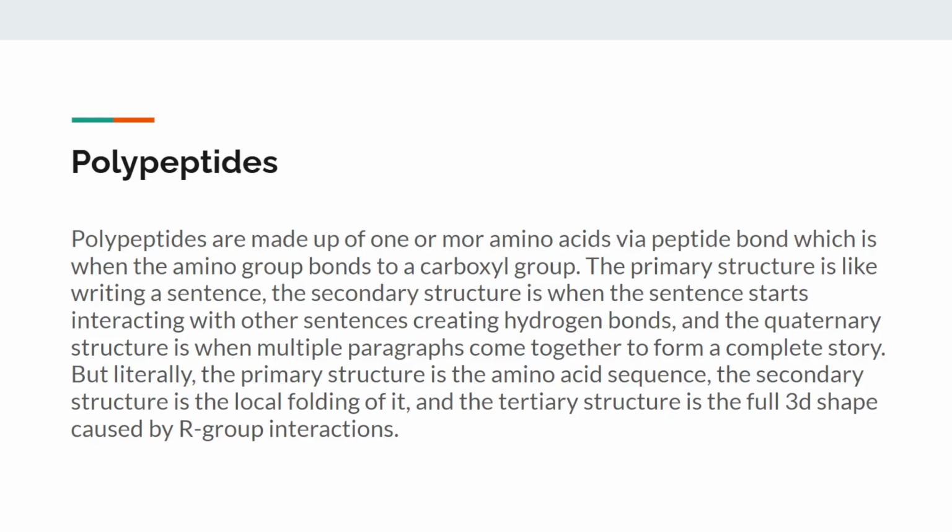Polypeptides are the same thing as every other macromolecule we've learned so far. They're just groups of the same monomers. So they're made up of one or more amino acids via peptide bond. A peptide bond is pretty simple. It's just when the amino group bonds with the carboxyl group. So remember that the carboxyl group is on the right side, and I have a picture on the next slide,